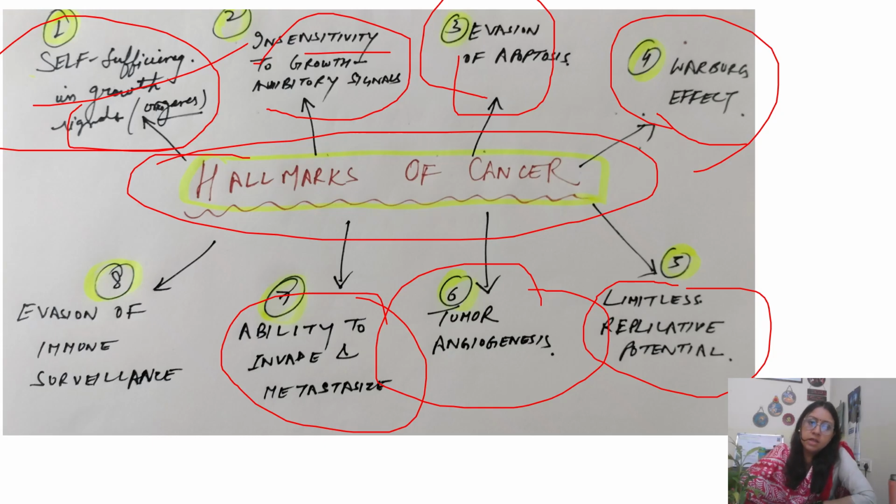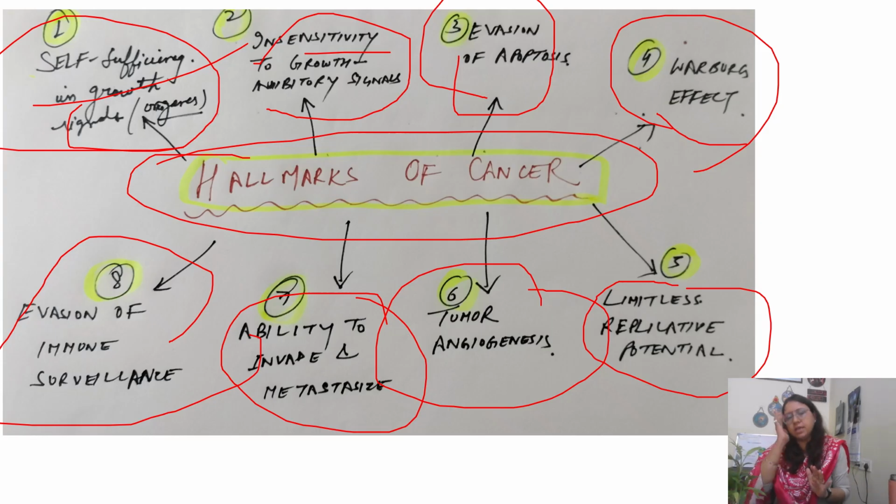The last is evasion of immune surveillance. Tumor cells have the capacity to generate or produce your tumor antigens also. So all these points together tell the cancer, yes cancer cells, you grow, we'll support you. So these are your basic framework under which the cancer cells grow, replicate, produce the negative complications and everything. So these are your 8 hallmarks of cancer, basically the cellular and molecular hallmarks of your cancer.